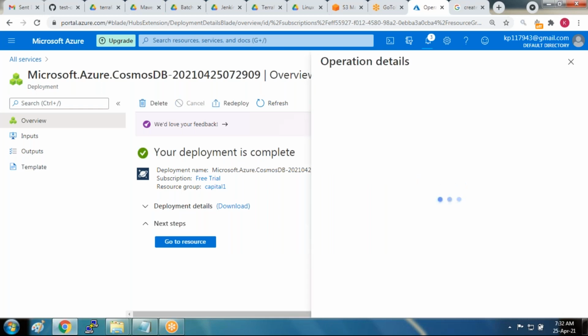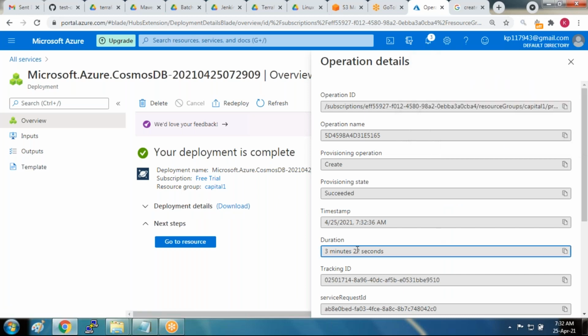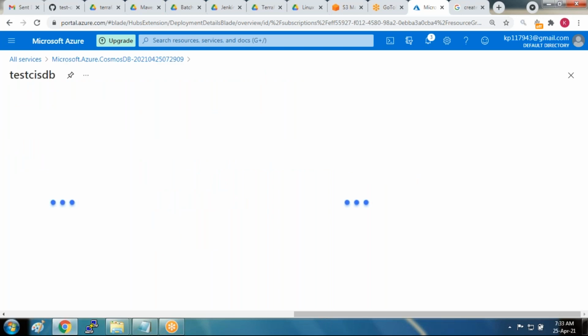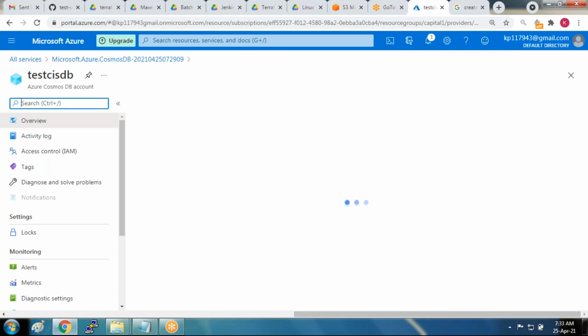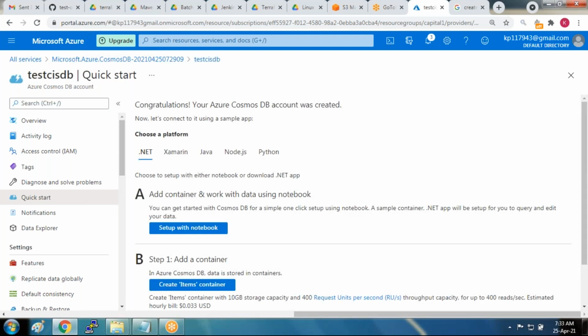Let's see the deployment details. That was successful and we are done. The duration and the timestamp, you can see these in the deployment details. Right. So now you have the Cosmos DB account created successfully. Right? And then, what you can do now,